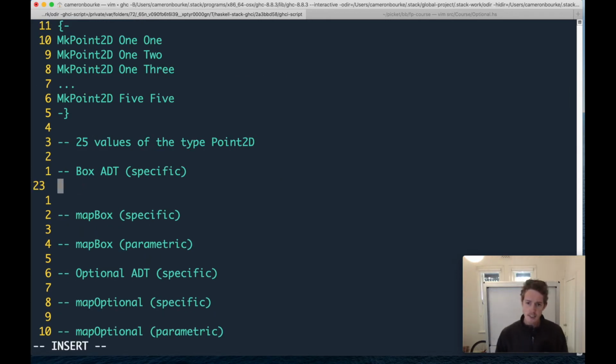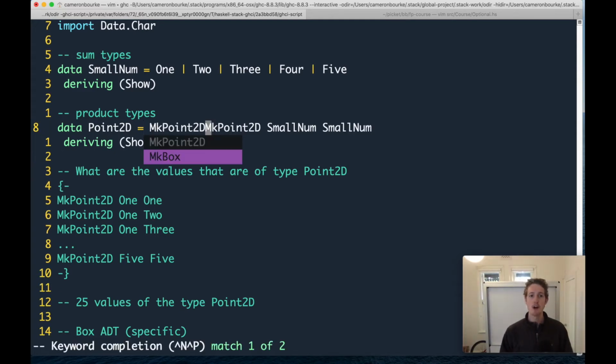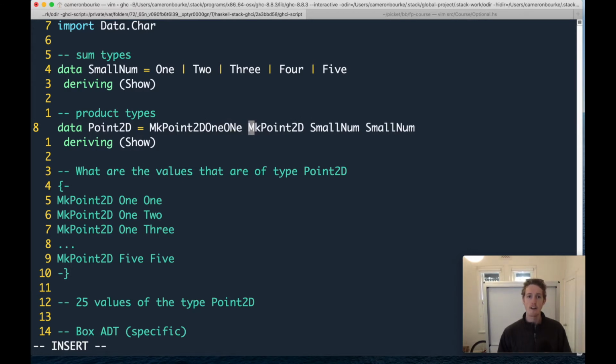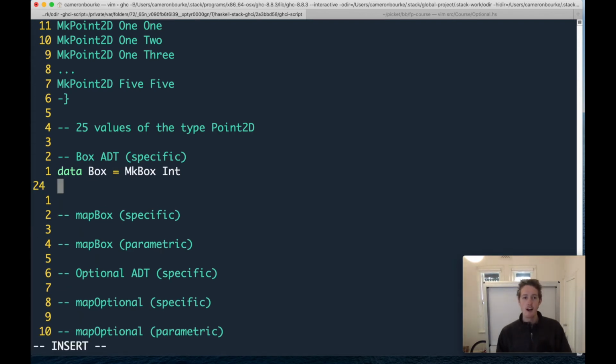So using the fact that we can use product types to have a bunch of different values without having to spell them all out, let's define something called box. And all box is going to be is it's just going to make a box of type int. Now again, we saw that when we said point 2D, small num, that was equivalent to having a sum type that listed make point 2D 1, 1, 1, 2, and so on. Well, make box int is the same thing, right? Instead of having to say,